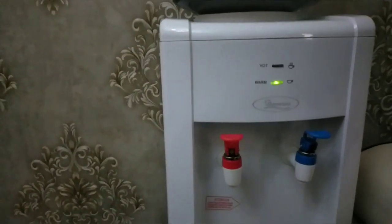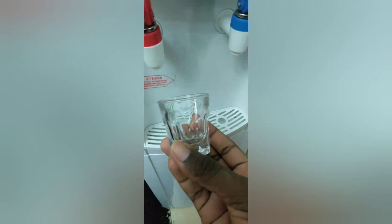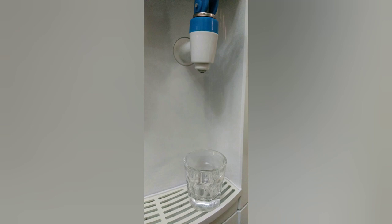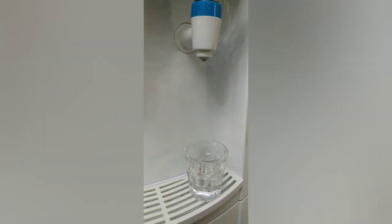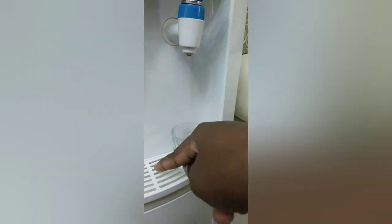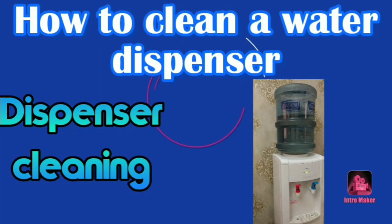Yeah, so that's how I've cleaned my fridge. I hope you've learned something and maybe you'd teach someone. So I have these 2 tiny glasses. Are they tot glasses or something? I've been having them for quite some time. Some have broken, so I only had 2 left. So I've been using them just in case anyone has to fetch water from the dispenser. And then there's usually those 2 drops that always remain at the tap part of it. As you can see, there's already some that is about to drop. So instead of